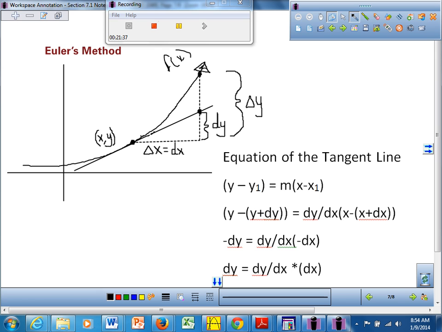Well, what are the coordinates of this point? It's on the tangent line. So, this point,